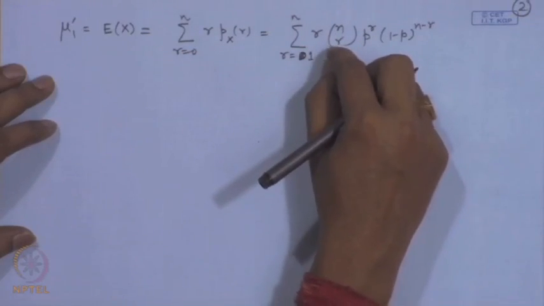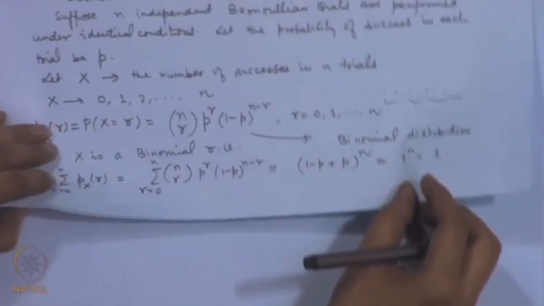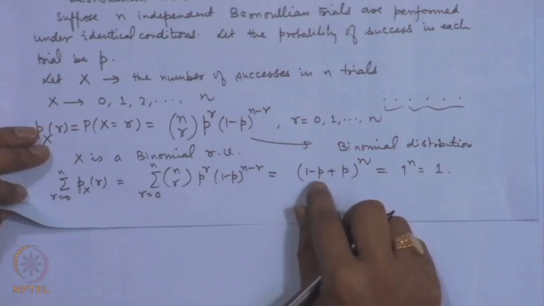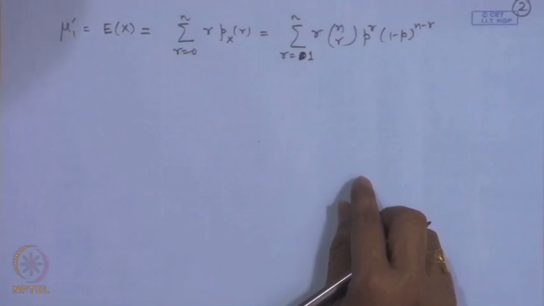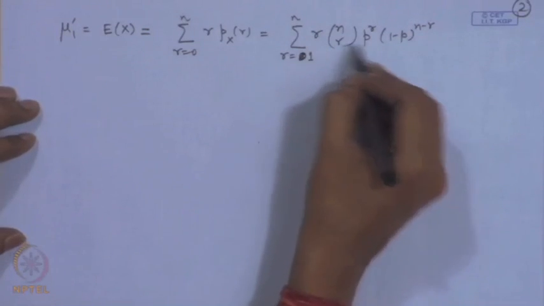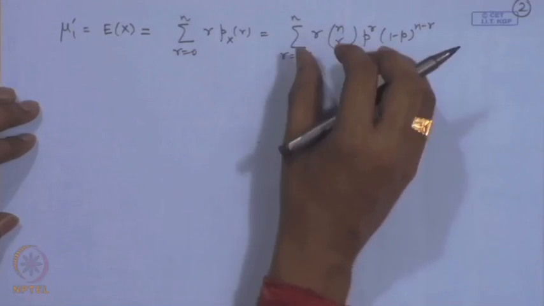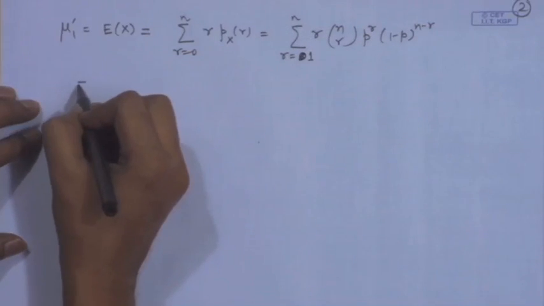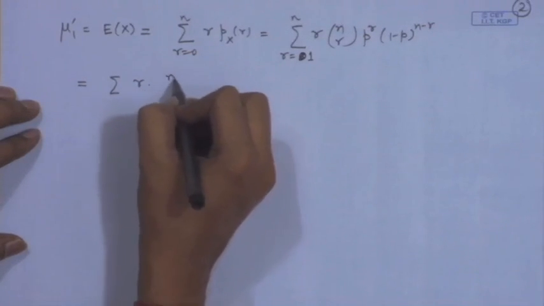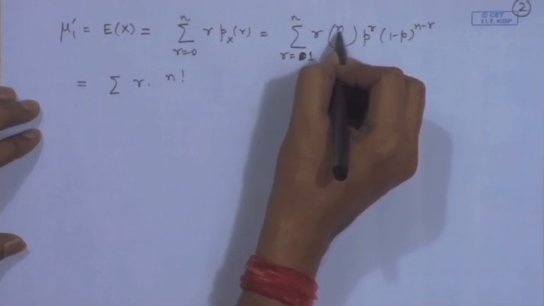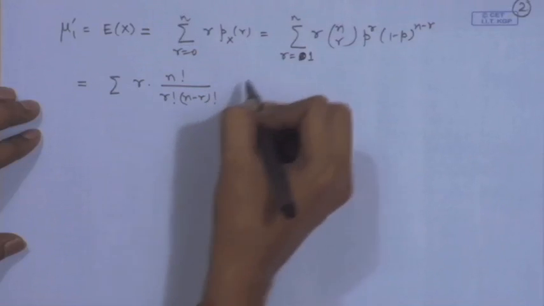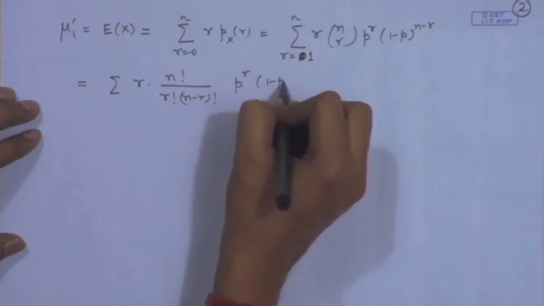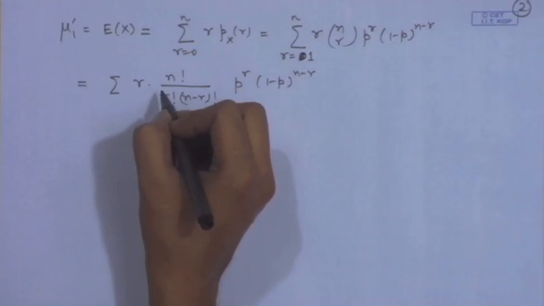Now, what we have noticed here is that when we calculated the sum, we interpreted it as a binomial sum. So, if we interpret this as a binomial sum, then we should be able to interpret this part also as a binomial sum, and only then can we evaluate it. In order to do that, we expand this combination term in factorials: n factorial divided by r factorial n minus r factorial, p to the power r, 1 minus p to the power n minus r, is equal to